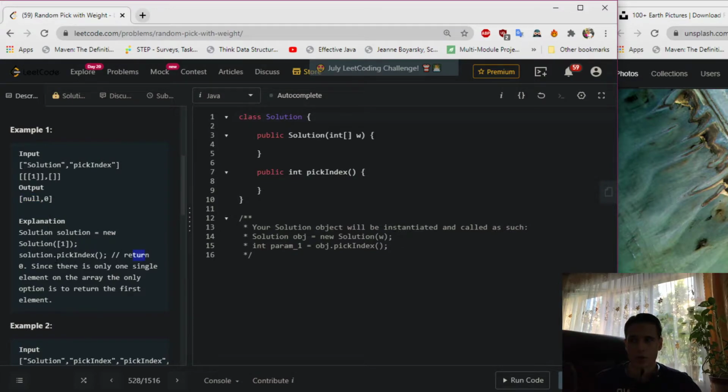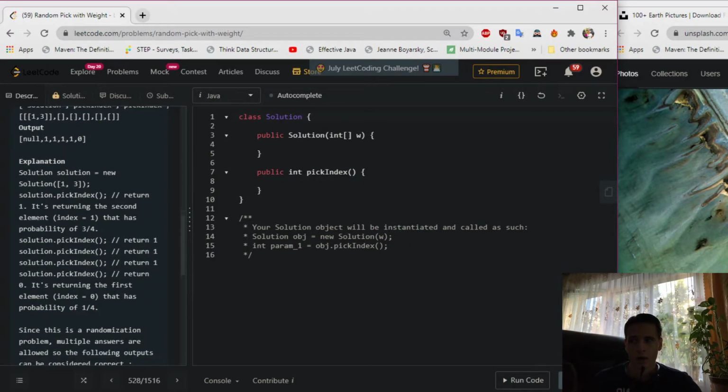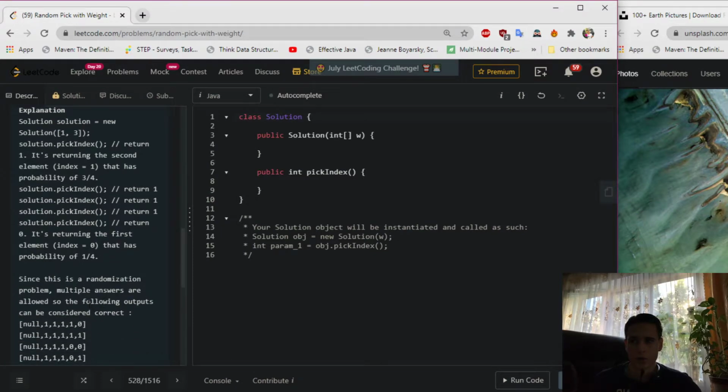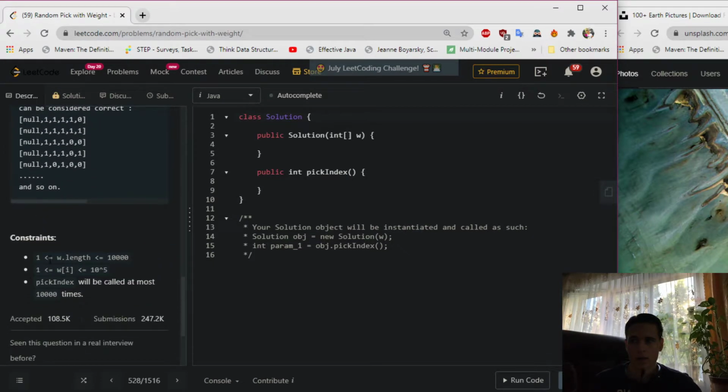Because it returns 0 since there is only one single element in the array. The only option is to return the first element. Right here we can return multiple answers. You can check this out as well, and here we can see that the next values are greater than